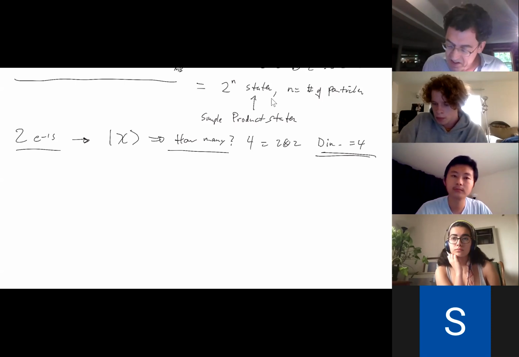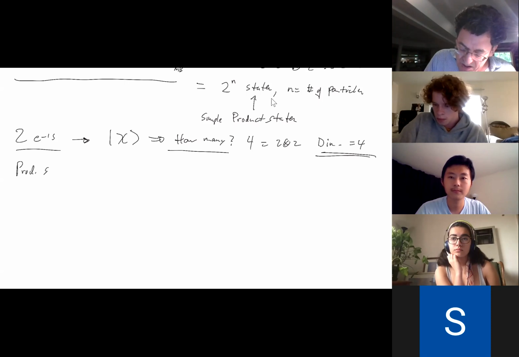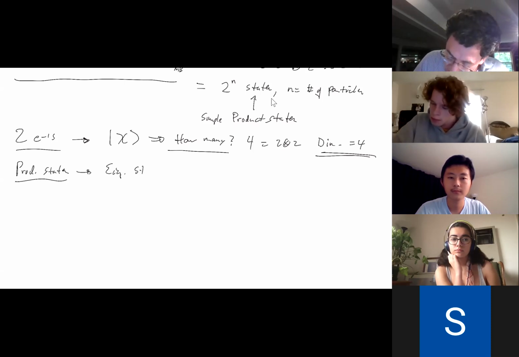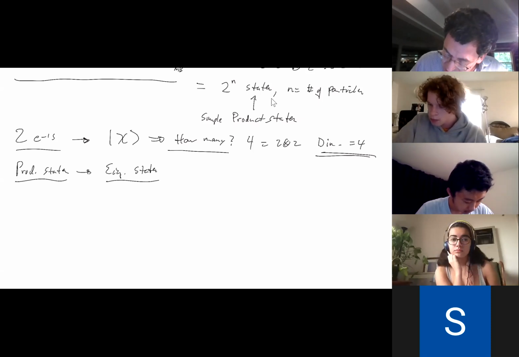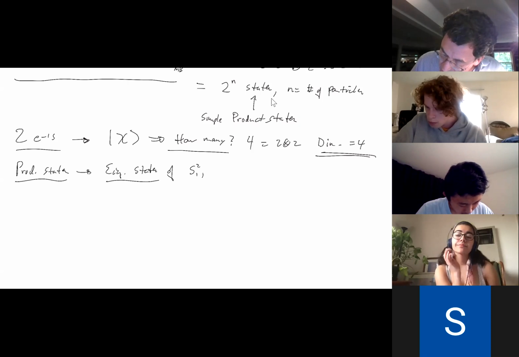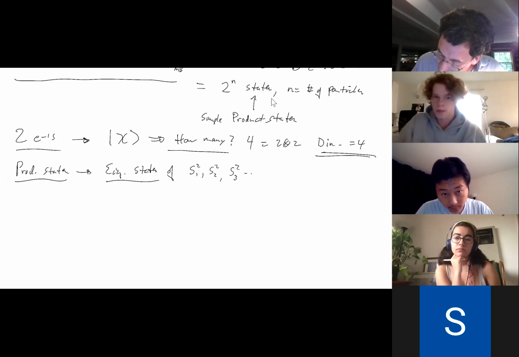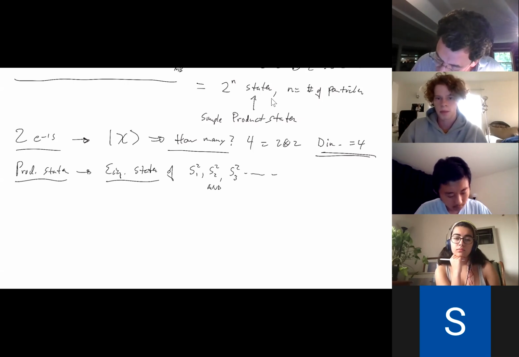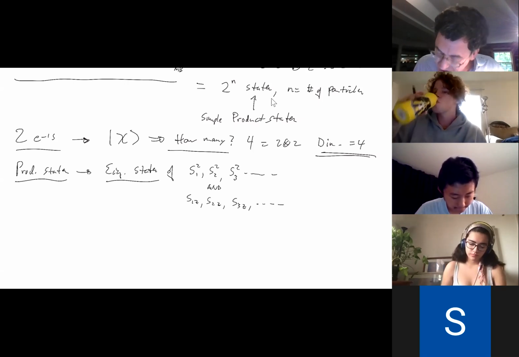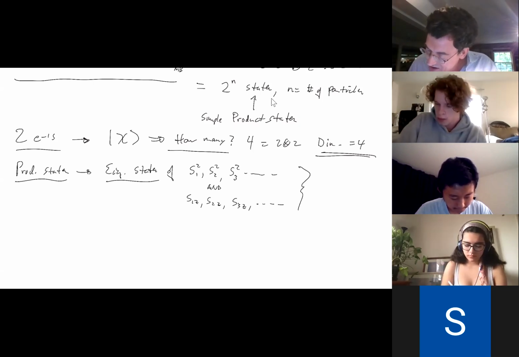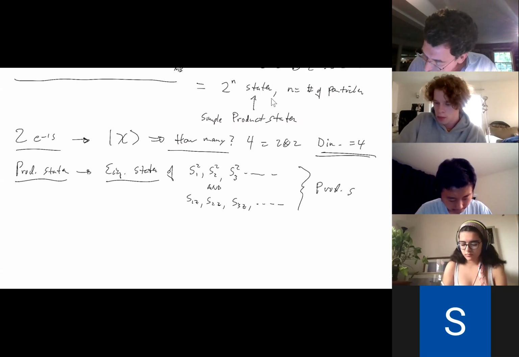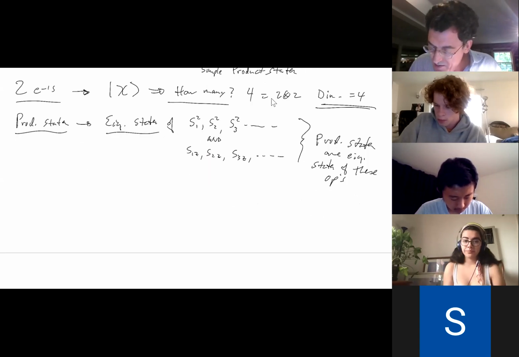And what we're doing is basically for the product states. The product states we've just been talking about are eigenstates of what operators? Well, they're the eigenstates of S1 squared, S2 squared, S3 squared, etc. And at the same time, S1Z and S2Z, S3Z, etc. So the product states are eigenstates of all these operators. But a very important point is that